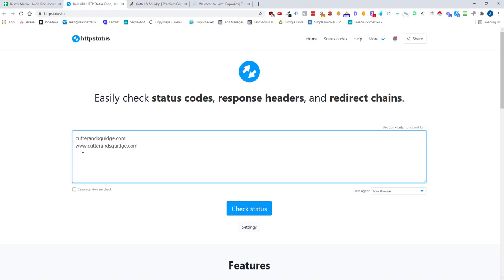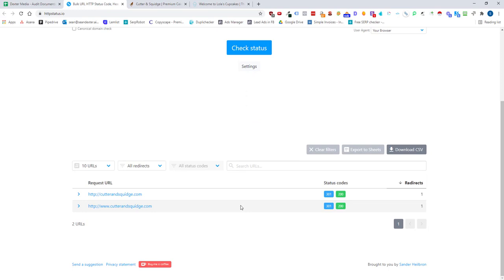cutterandsquidge.com. The reason we're doing this is we want to look at the root URL without any www and without any HTTPS. And then we also want to look at the root URL without any HTTPS or HTTP and just a www. I'll explain why, and we're going to see what happens. So if we go check status,